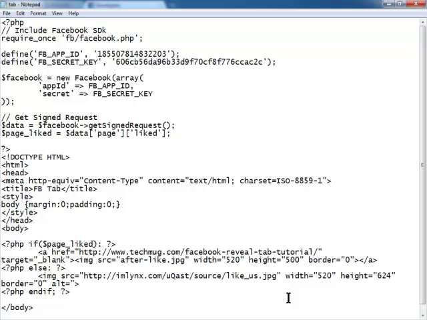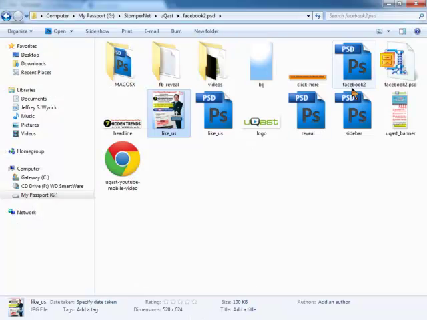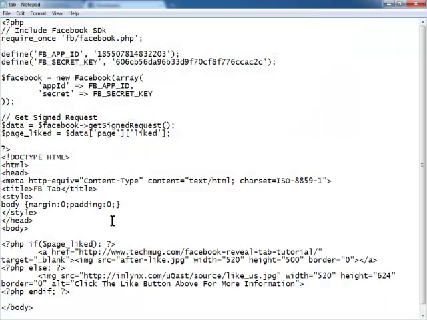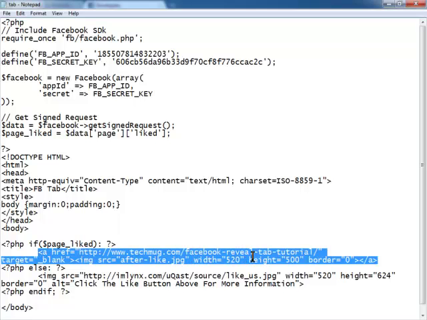Alt equals click the like button above for more information. There we go. Just playing around, having a little fun here. Double check that to make sure. Yep, 624. Alright, now right here, where the original developer has this little snippet of code, we're going to put